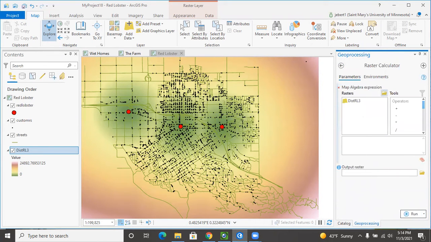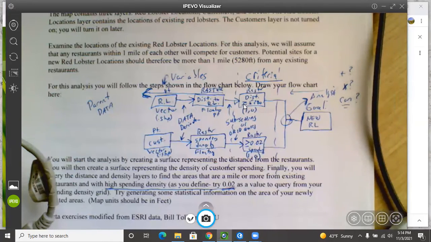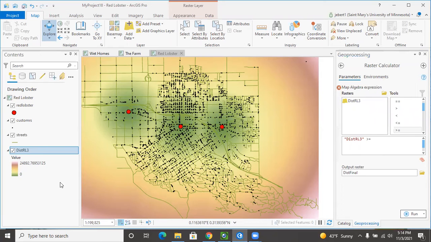We go down to Raster Calculator. For my output raster, I will give this a name called distance final. That'll be a product of our straight line distance. We could use a condition if we wanted, or just a relational operator like we did in one of the prior activities. We'll say greater than. So any new stores must be greater than or equal to 5,280 feet. And we know that these values are in feet because our original units were in feet. So we'll just type in here